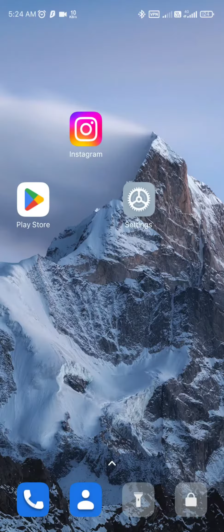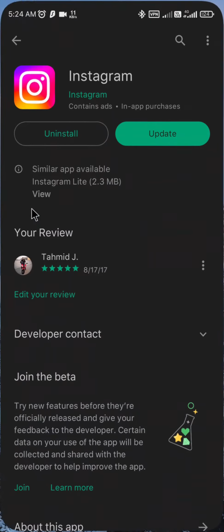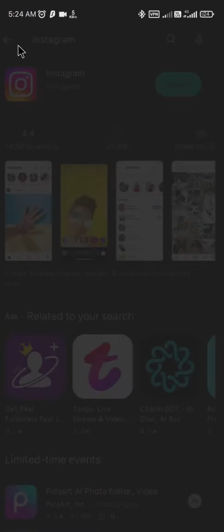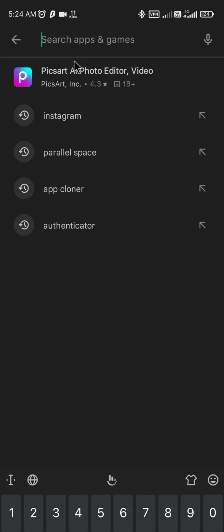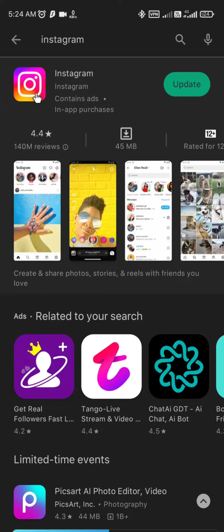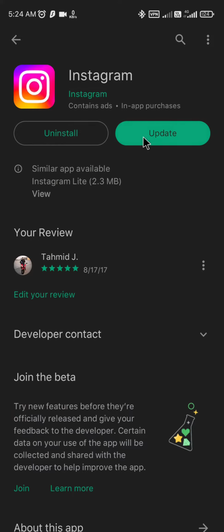Now you need to check if your Instagram application is updated or not. So you need to go to your Play Store, and here you need to search for Instagram. Then you have to update your application. After updating it,